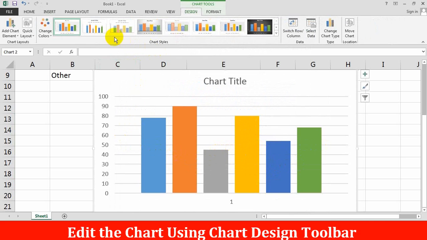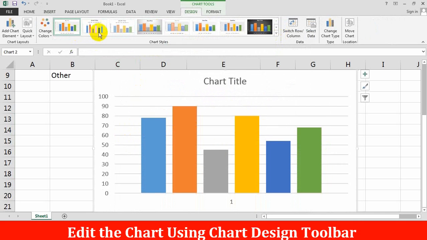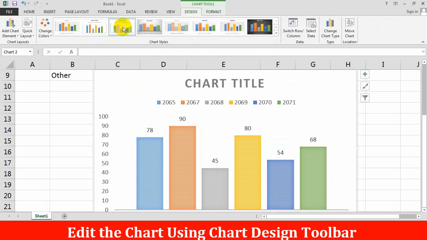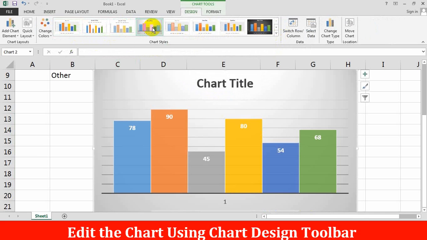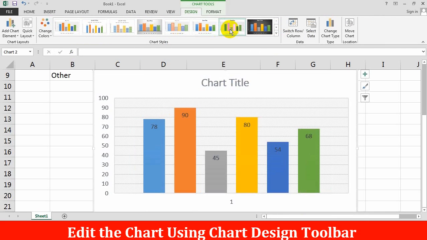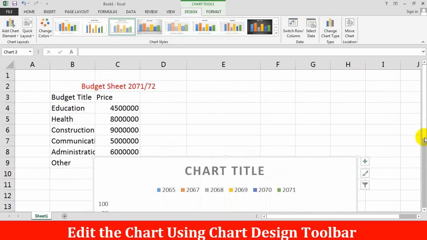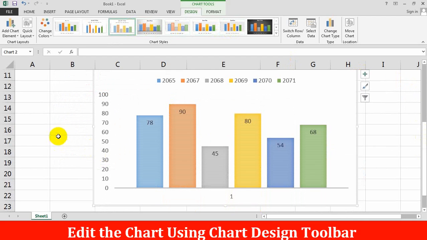You can change to any one style from the list. See, which style do you want? This style, or this style, or this style. Choose any one style. Suppose I have chosen this style. Similarly, you can also change the layout of this chart.